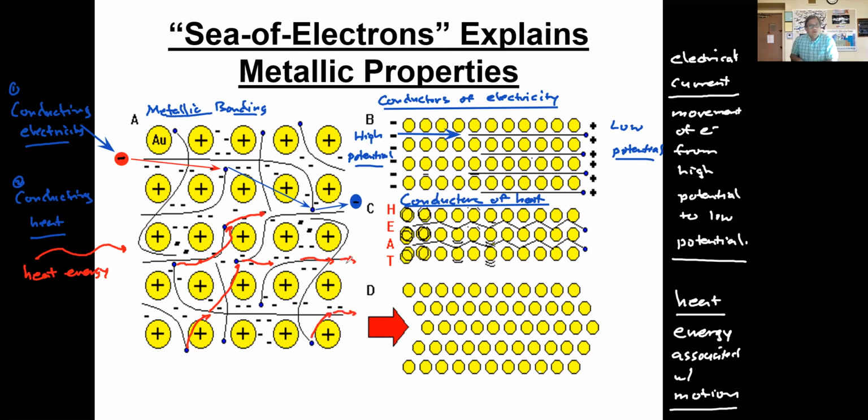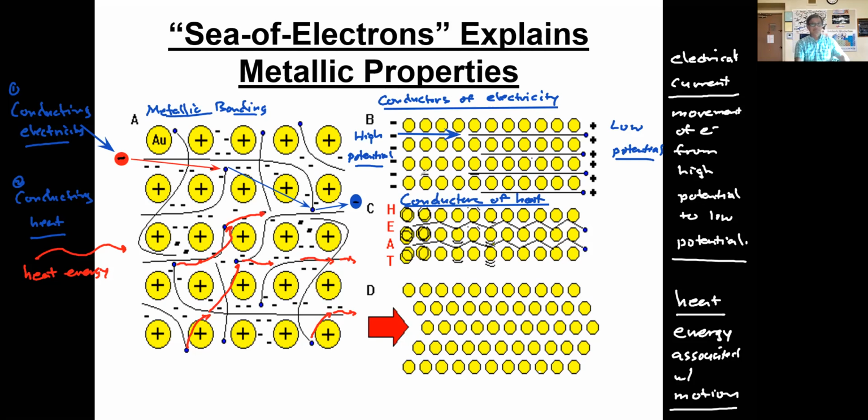So heat is going to be easily transferred through the metal because the electrons are already in motion and they're moving at a very high clip. They're already moving at a high clip, so they can transfer that energy very, very quickly. So that is why metals are good conductors of electricity, and why the sea of electrons model helps to also explain why metals are good conductors of heat. Sea of electrons, electrons are in motion. You're adding in energy associated with motion. You're just going to speed up that motion. All right. Very good.